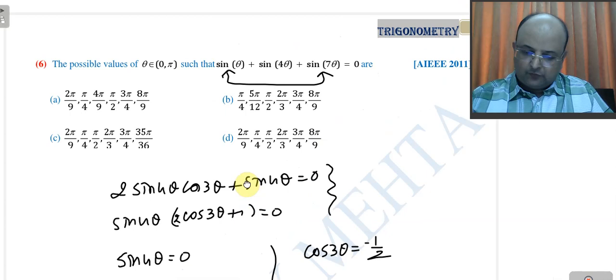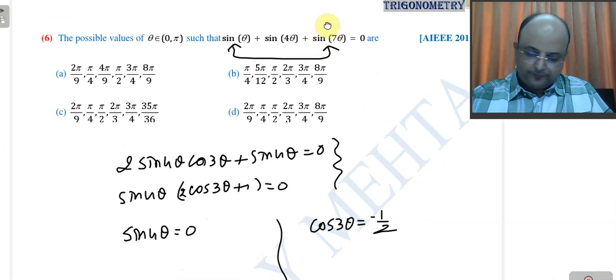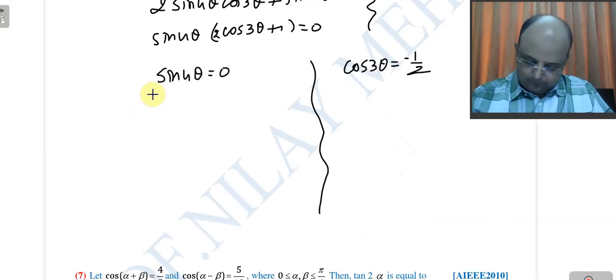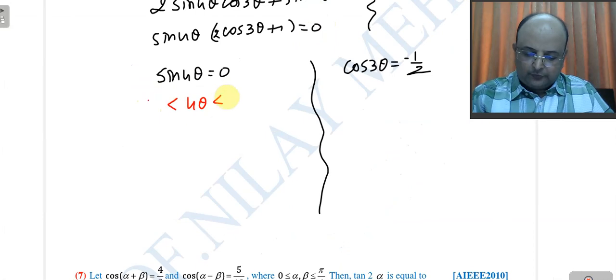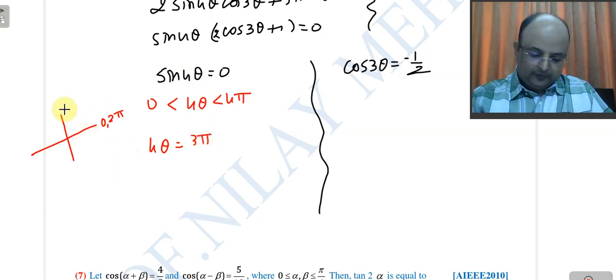Now again watch where your theta belongs. Your theta belongs to 0 to pi. So 4 theta belongs to 0 to 4 pi. In 4 pi, if I complete one circle and come at 2 pi, sin 4 theta will be 0 only at 3 pi. So this 4 theta is 3 pi. If I complete again, this will be 2 pi also. Of course 2 pi, 3 pi. Yeah, 0, pi is also there. 0, pi, 2 pi, 3 pi, and that's it.